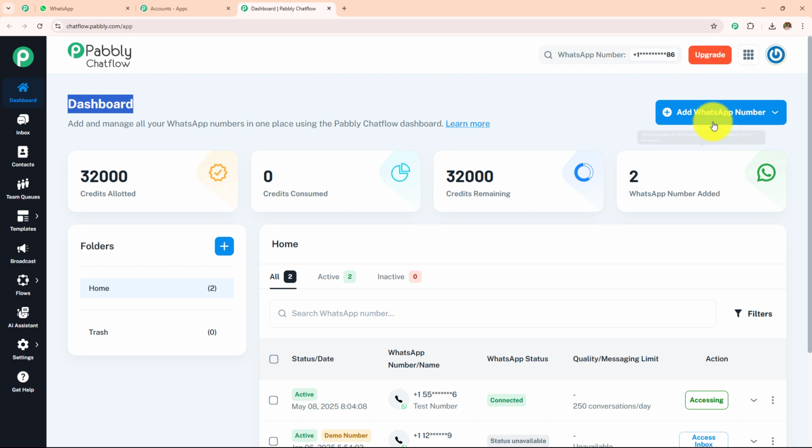If you want to learn how you can create your own Pabbly Chatflow account, simply click on this add WhatsApp number. You can connect your WhatsApp number by clicking on this button, and you can use a manual token to connect. If you want to learn the step-by-step process of how you can create your own Pabbly Chatflow account, then please visit our YouTube channel. Now on the left hand side where I can see all these options, under this dashboard